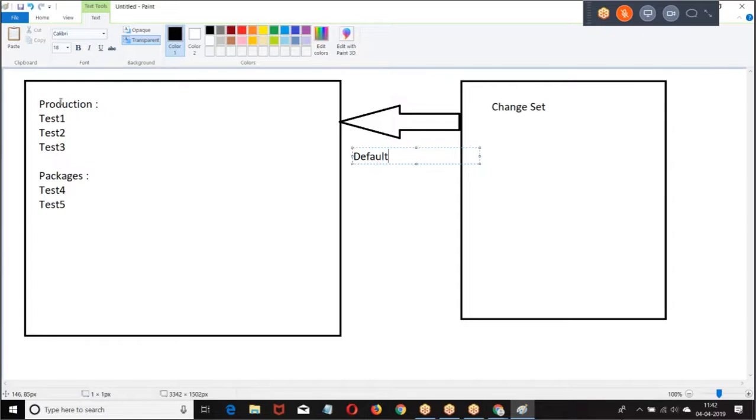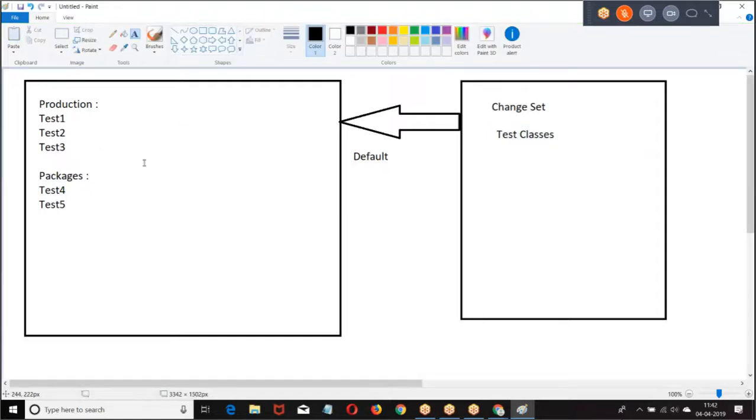Suppose the test classes are there, what will happen? When you choose default and test classes are there, then it will run the test classes which are in production, not the managed packages.